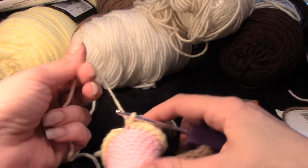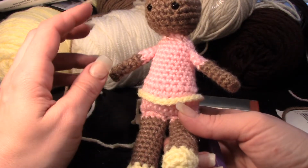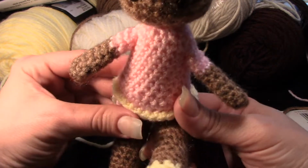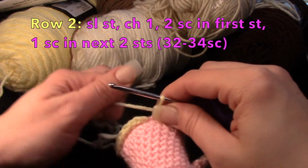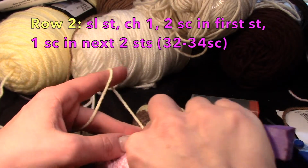So you should be somewhere around 24. You might have more. Hopefully you don't have less. All right. I don't really have, I lost count. I'm sorry. I was struggling to get the hook in and I lost count on that. Okay. So from here,